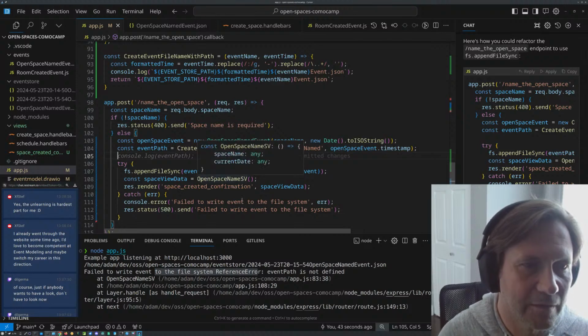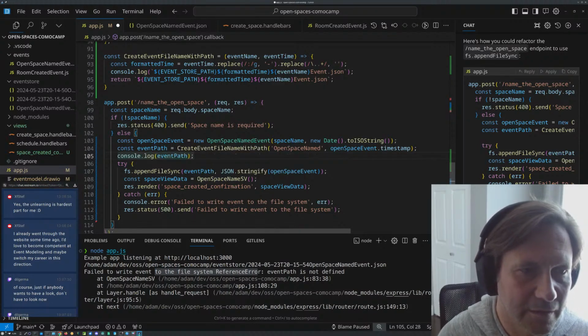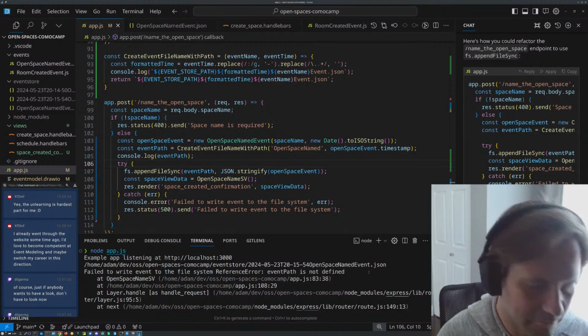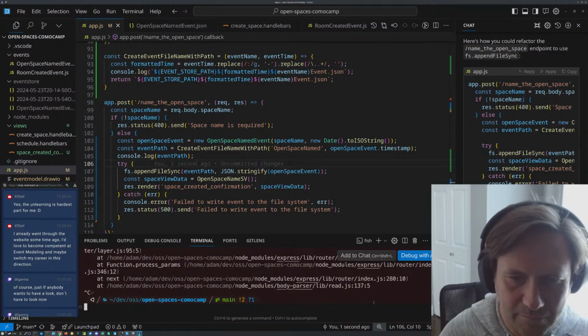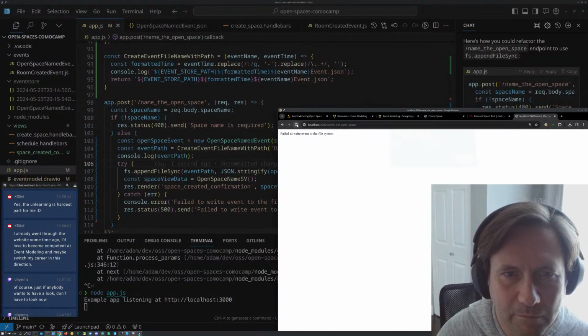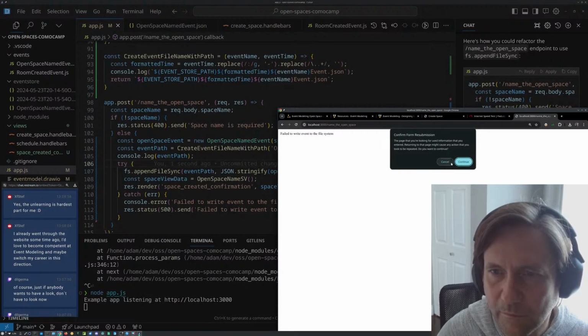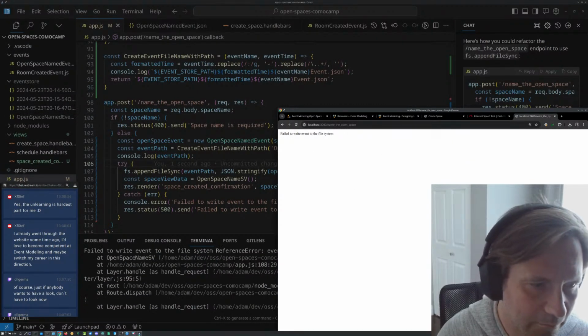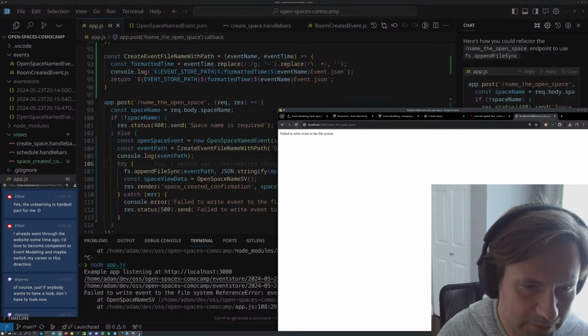Try. Okay. And so why is this not defined? Looks good to me.